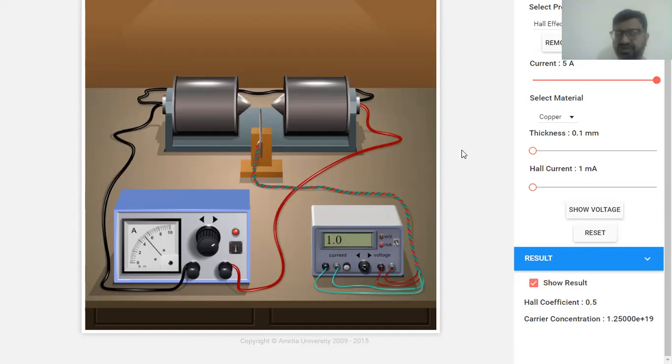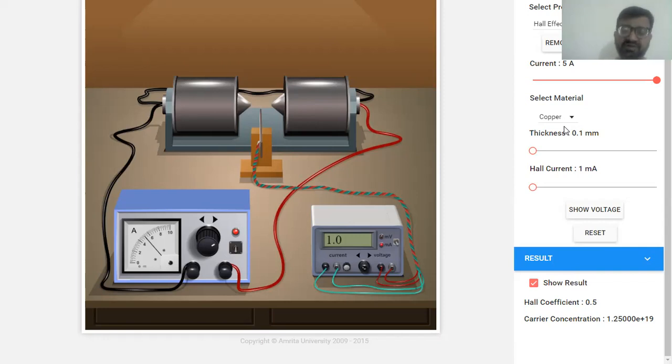So it's up to you now. You can study different materials using this setup. This virtual lab setup will provide you with a lot of information about the Hall effect. After completing these steps, you will complete the tables for each material. For example, you fix the thickness, fix the Hall current, fix everything, and just measure the effect of changing the material.